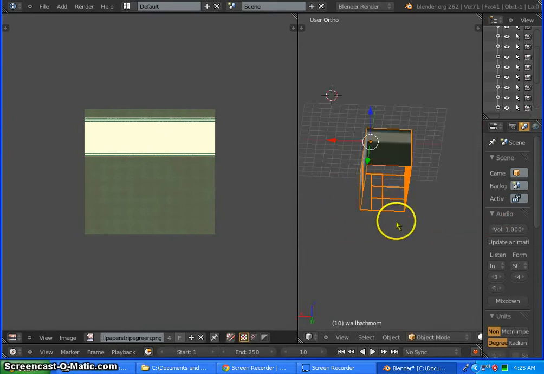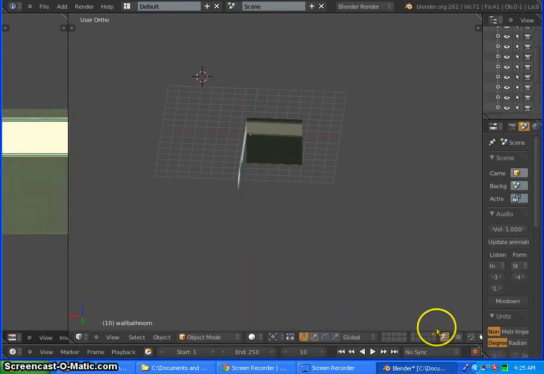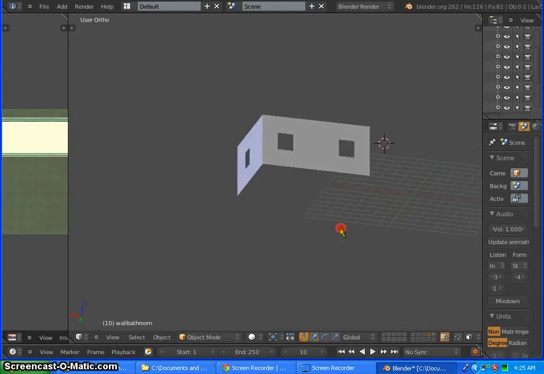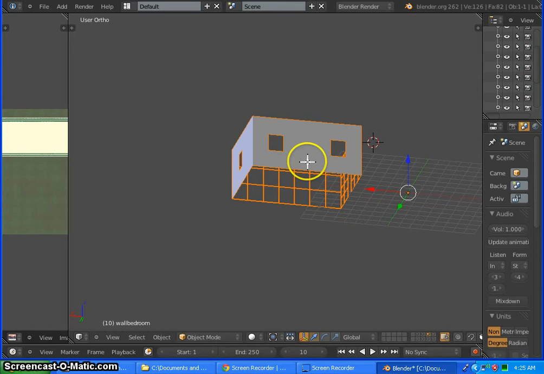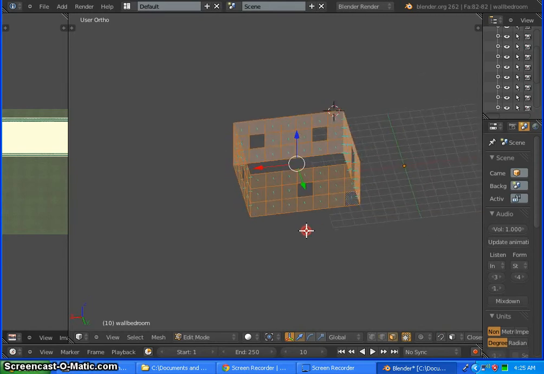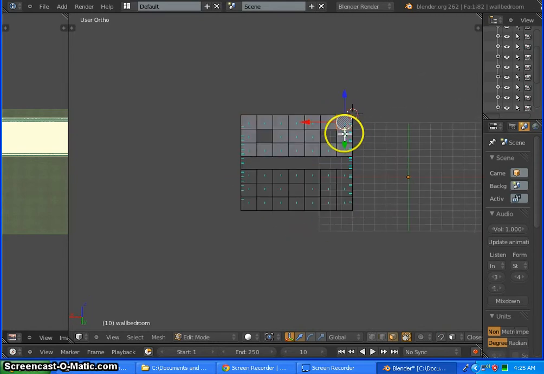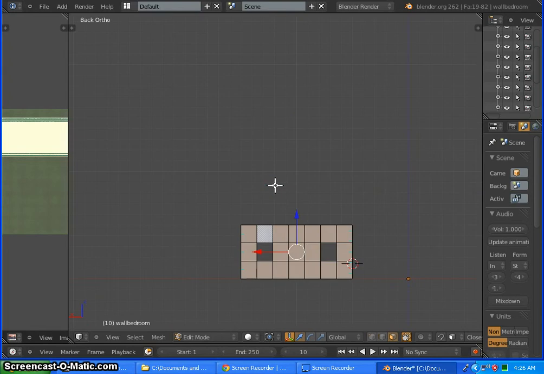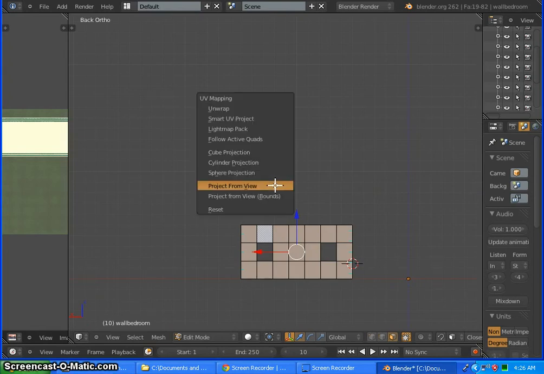Now Tab to get back into object mode, A to deselect, and go ahead and select another layer for another room. This is my bedroom. So the one I want in here, right click it and Tab to get into edit mode. The one I want in here is actually my, I call it a king's wallpaper. Okay. Select all of that. This is looking at it from the back, so Control 1, U, V,